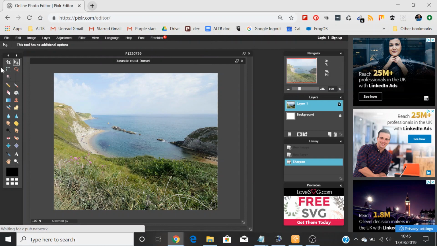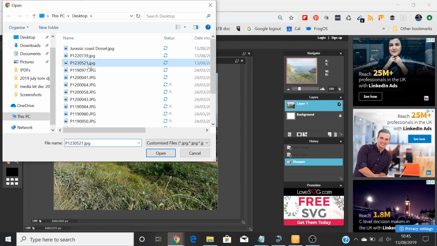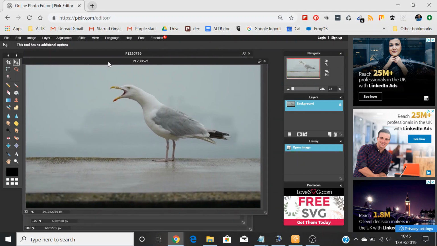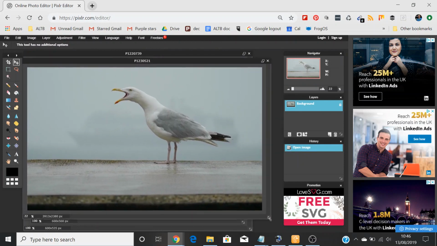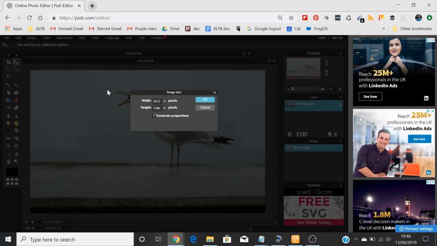Now I'm just going to go through the process with one more image. Take this image here. This is a photograph I took just last week of a seagull in Tor Bay. If you look closely, you can see a cruise ship just behind as well. Obviously you can see this is quite a wide image. So when I go to resize this one, Image Size, if I set the width to 600, the height is